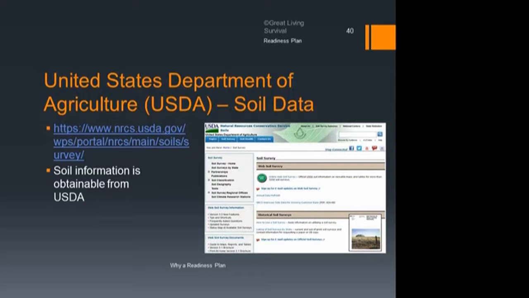So those are the different programs, the geospatial programs that will help you to create some of these maps that will help you during an emergency, okay? So this has been the geospatial section. These are the tools that can help you to do what you need to do as part of your planning. Okay,